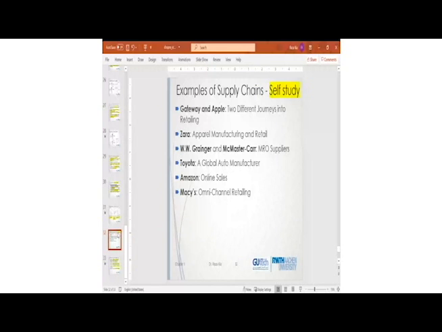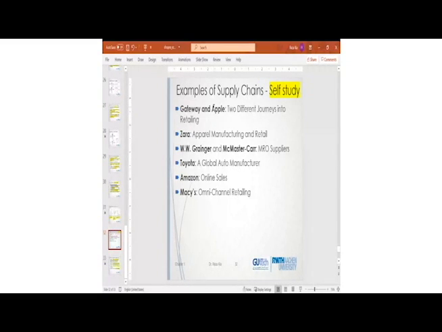Okay, guys, that was the end of chapter 1. I think we spent too much time on this chapter, and there are some examples of a successful supply chain, and I will leave those parts to you. You can just study those examples as a self-study. So the examples will be such as